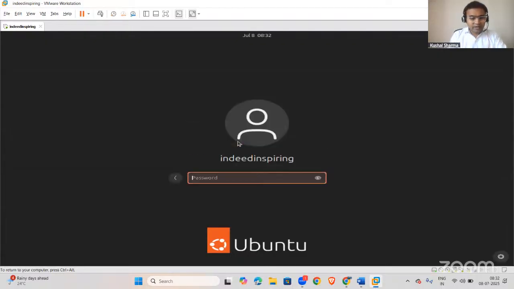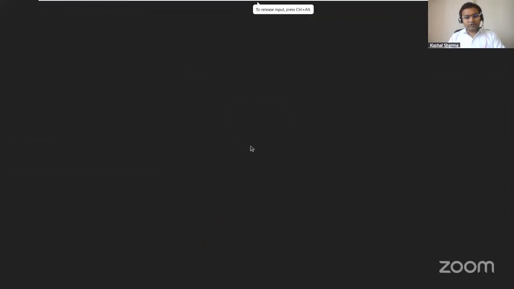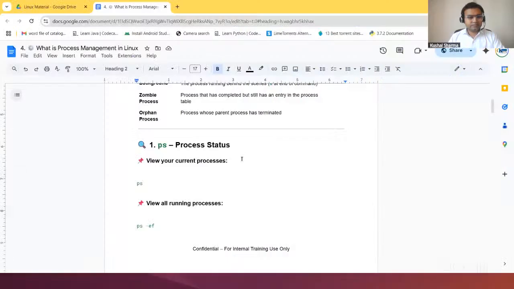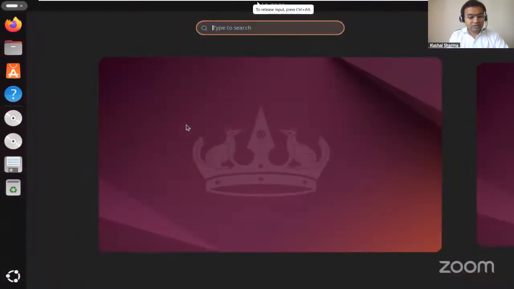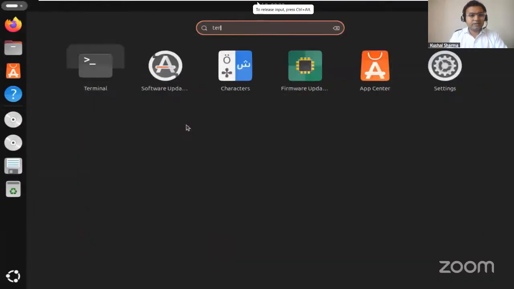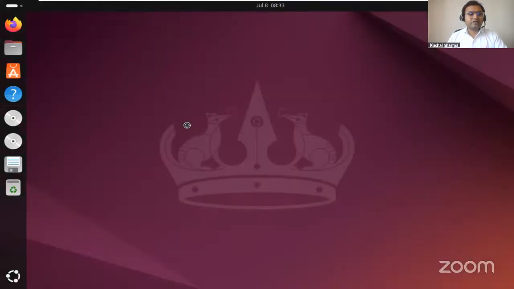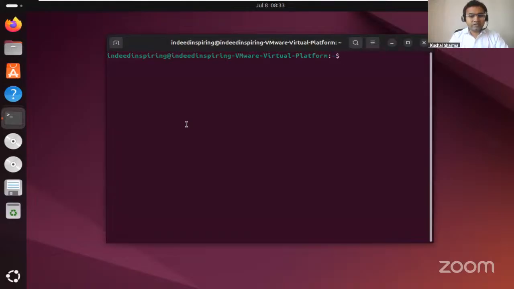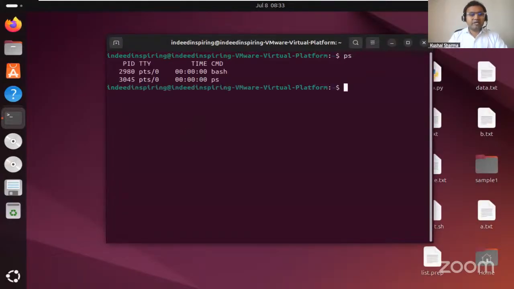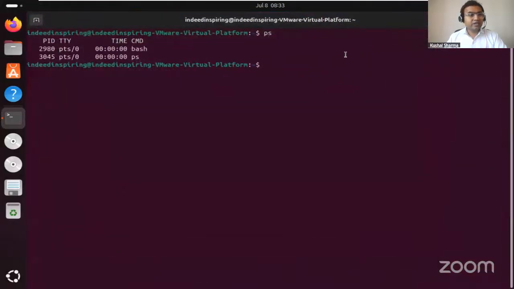So let me log in now with the Indeed Inspiring user, and I will open up a terminal or a shell. Let me go for full screen. All right, so let us open the terminal, and here we'll start with ps. We'll start exploring the nature and behavior of these commands. If I type ps and enter, and let me make it full screen too,